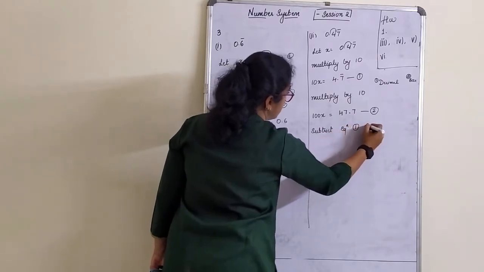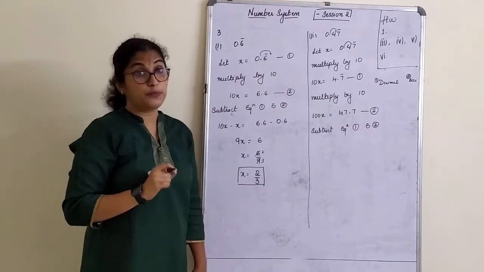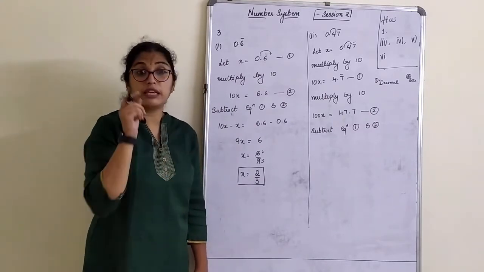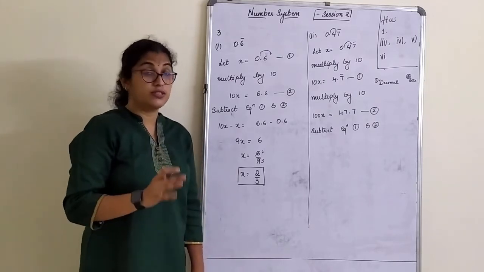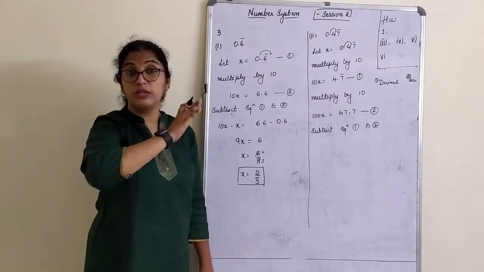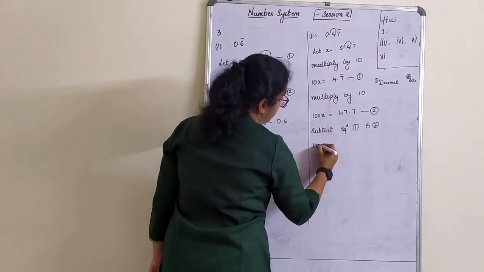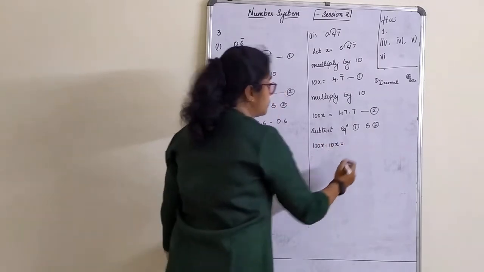Equation 1 and 2. One thing, be very careful children, because when you write subtract equation 1 from 2 or 2 from 1, it will be like you have to stick to that from. So if you don't want any confusion, just write subtract equation 1 and 2. Your from 2 will nowhere come there. So always bigger minus smaller we prefer here. 100x minus 10x is equal to